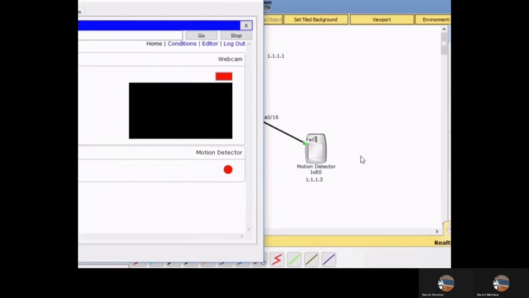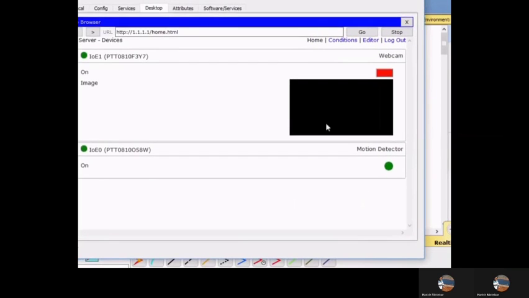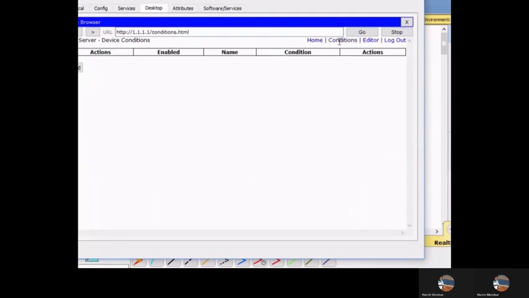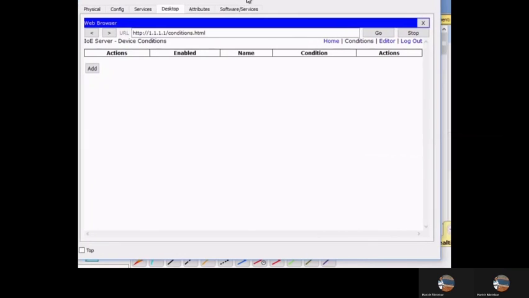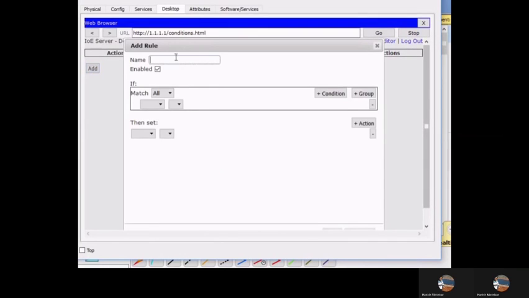So for that we will set some conditions. We can go to the conditions and set them. Once you set the condition and move through the motion detector, it will detect the action and switch on the camera. So for that we need to change the conditions. Here we need to write some conditions, like instructions we have to give. Very first, go to add and select the name of the component, webcam.